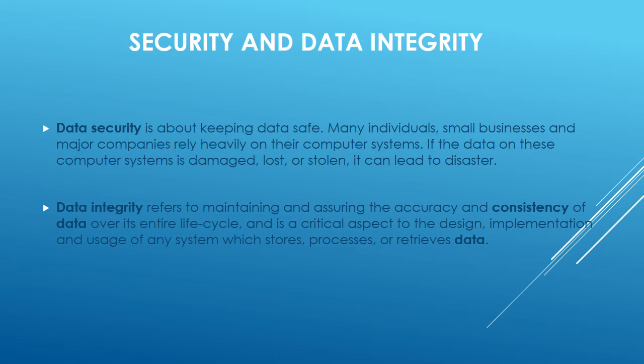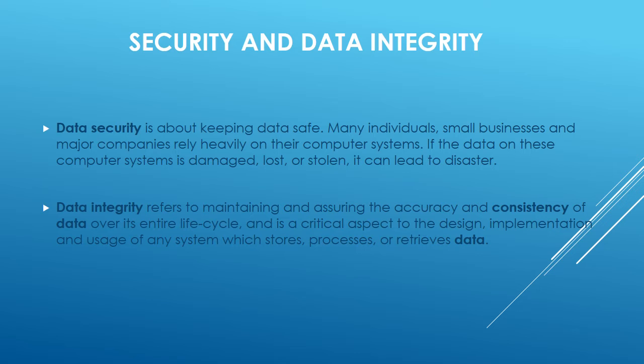Chapter number 8 starts with the definition of security and data integrity. Data security is about keeping data safe. Many individuals, small businesses, and major companies rely heavily on their computer systems. If the data on these computer systems is damaged, lost, or stolen, it can lead to disaster. So it is very important to keep the data safe